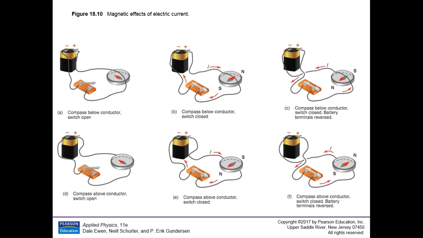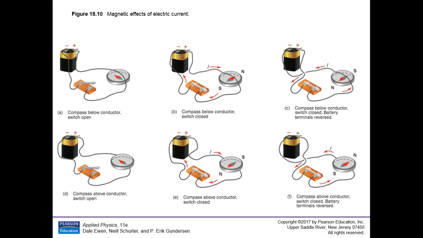Well, here's the reason. Take your right hand, and with the thumb of your right hand, point in the direction of the conventional current. Remember, the conventional current is the direction a positive charge would move if it moved. We know that really it's electrons moving the other way, but that's beside the point. Point your thumb in that direction, and your field lines go like that, and with the compass underneath, north would be pointing that way. It's not pointing to the north, but the field lines have changed. They've overpowered the Earth's magnetic field lines, which point that way, and now are pointing that way.